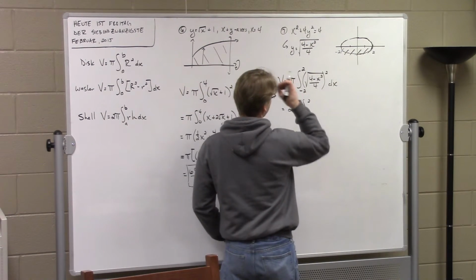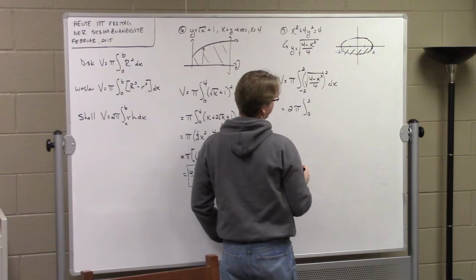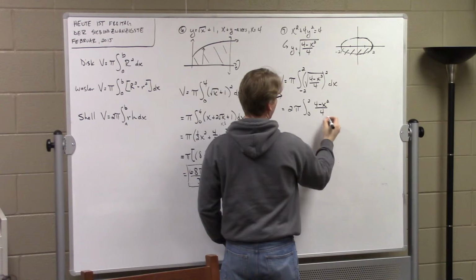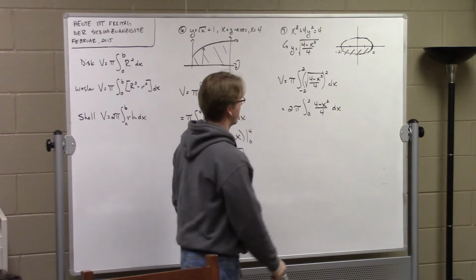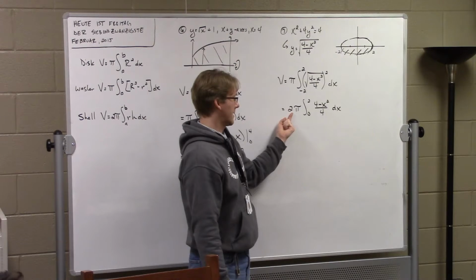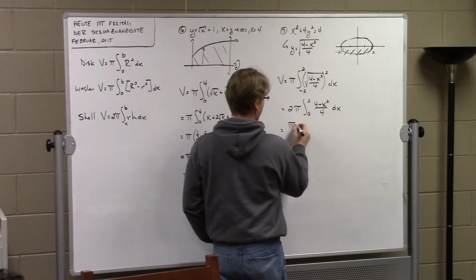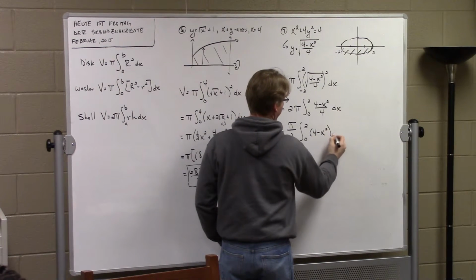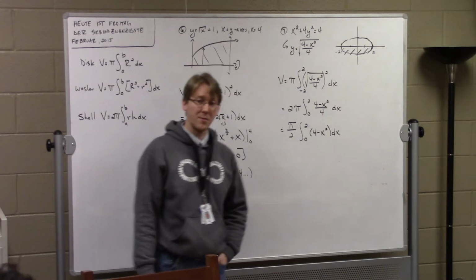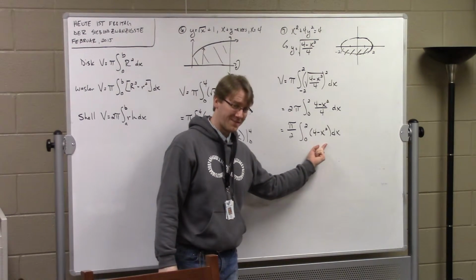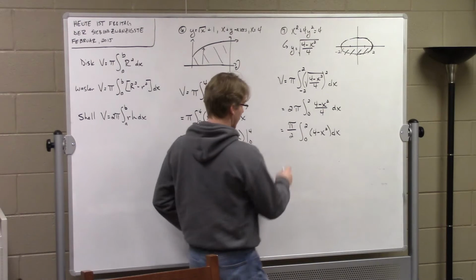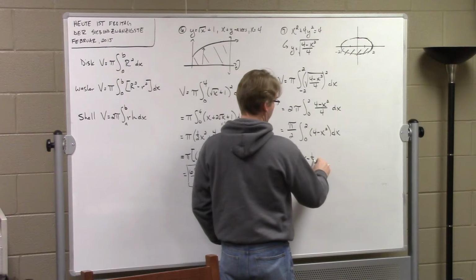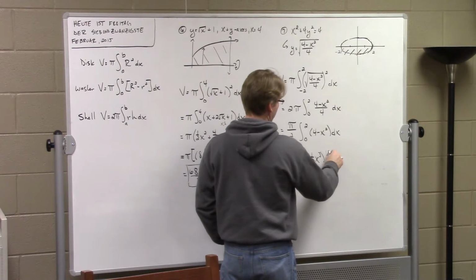The nice thing about this is that the radical gets knocked out, so we end up with (4 minus x squared) over 4 dx, the square of the square root, and this 4 can be yanked outside to give us pi over 4 times the integral from 0 to 2 of 4 minus x squared. And if you still had your quiz from the day before, we had already worked that one out. Or you could redo it here. So let's see, pi